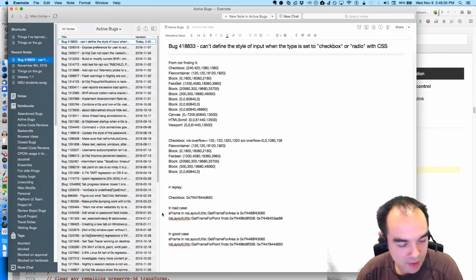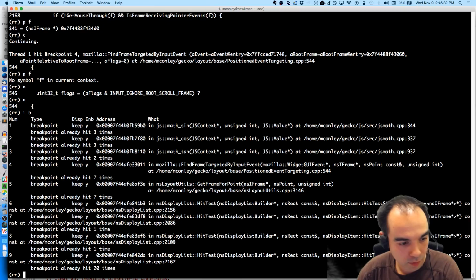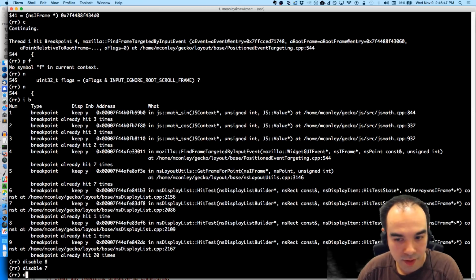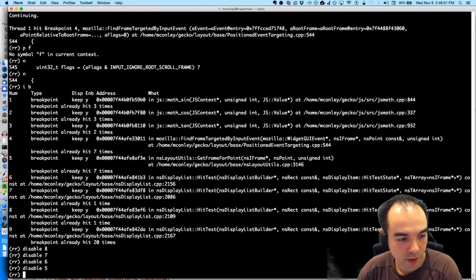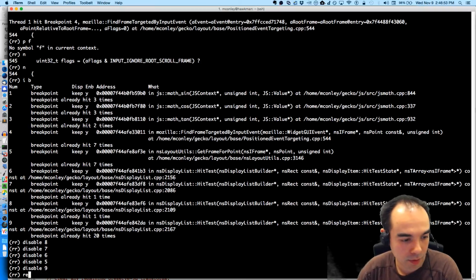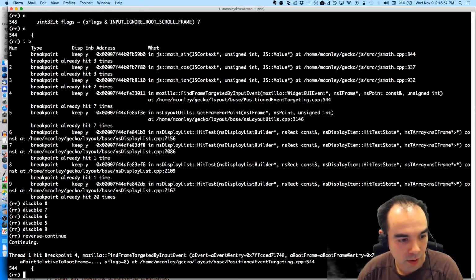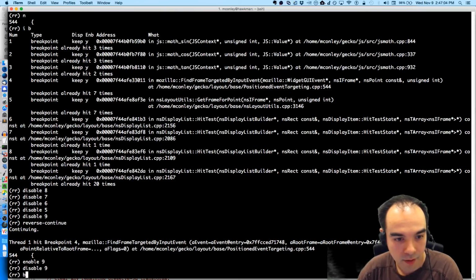But wait, maybe we missed it. Let's do that again. Break info break, but I'm going to do this slightly differently. Disable 8, disable 7, disable 6, disable 5, disable 9, but reverse continue. Okay, now enable 9. Or wait, no, I'm going to disable 9, but break in